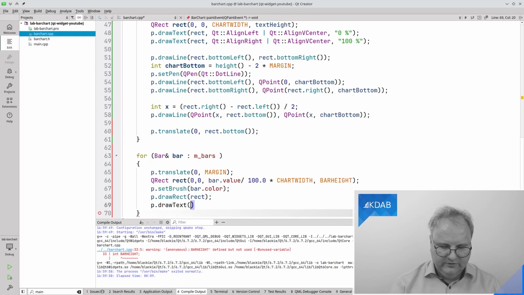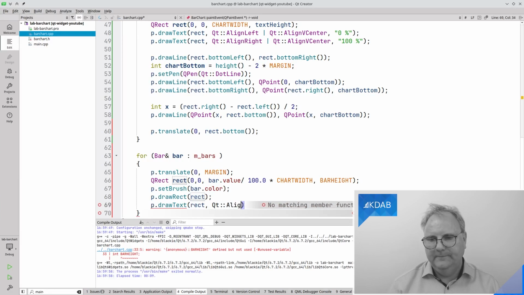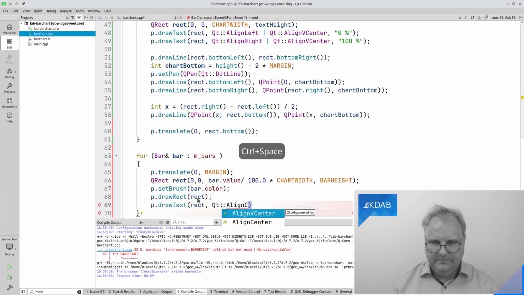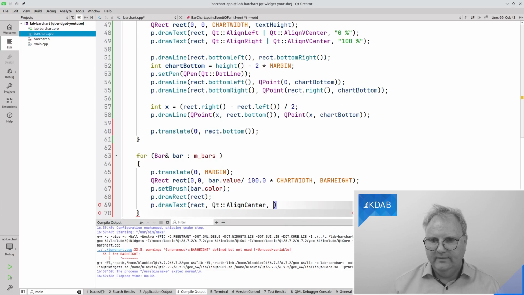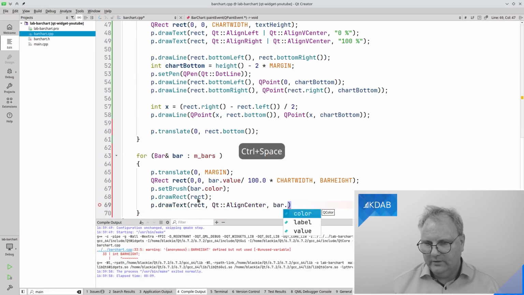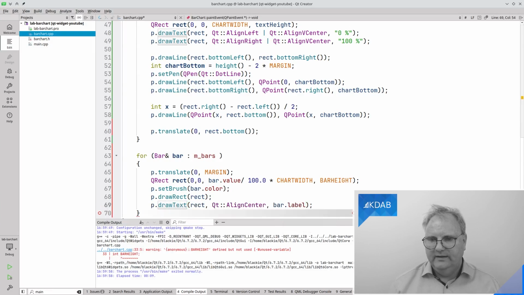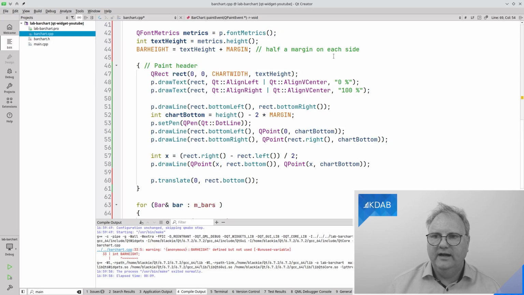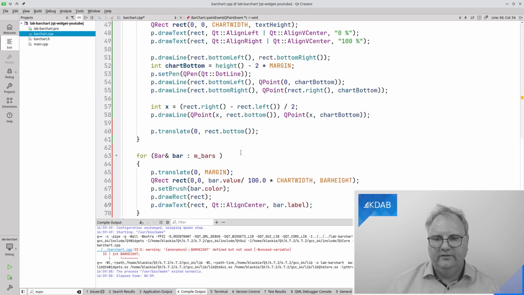And this is where using the rectangle is really nice, because now Qt::AlignCenter, comma, and then bar.label. There we are. Now inside that rectangle, I simply align it, and it'll take care of the margin, half a margin down on each side, and so on. The stuff that I had up here, half a margin on each side, because my bar height is larger than the text height.